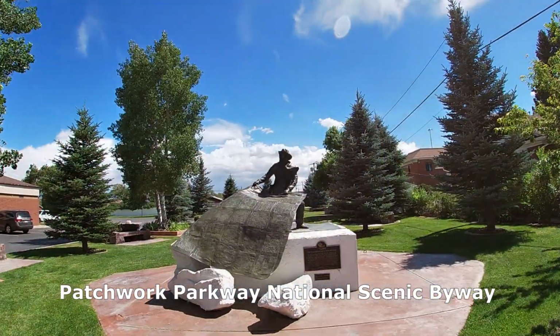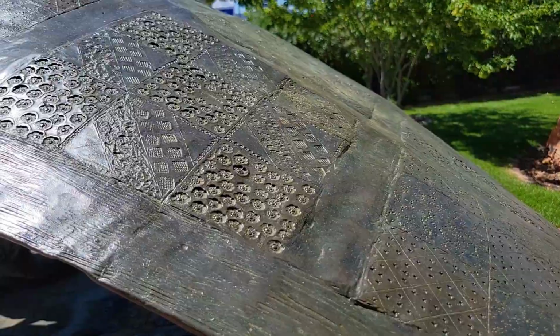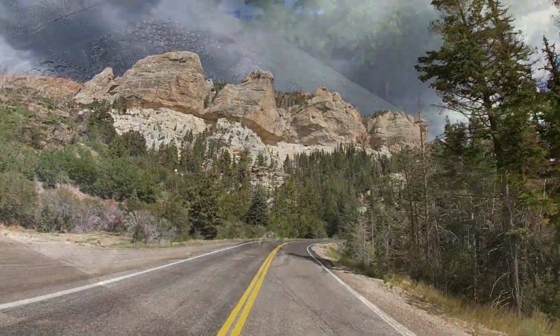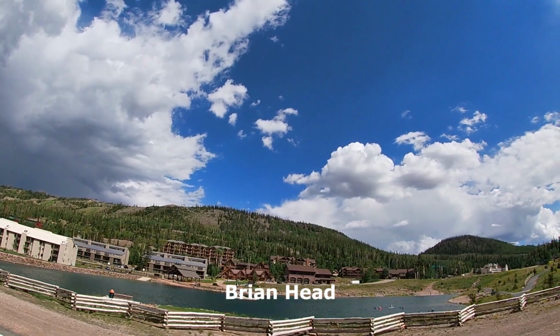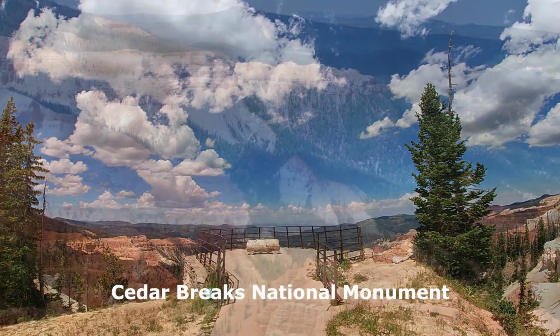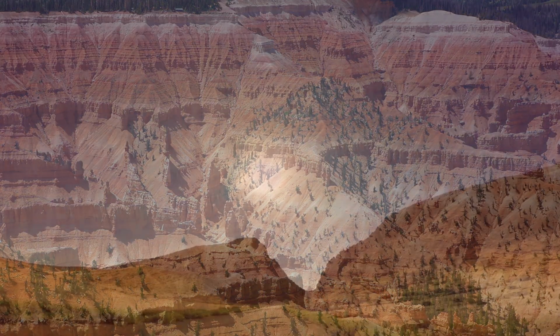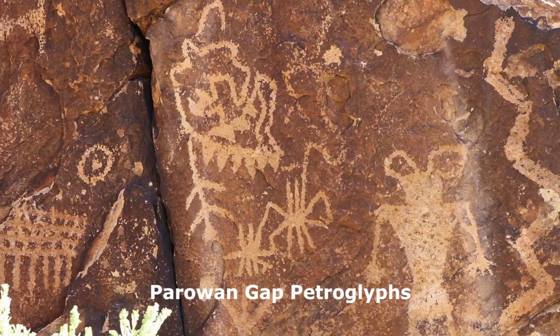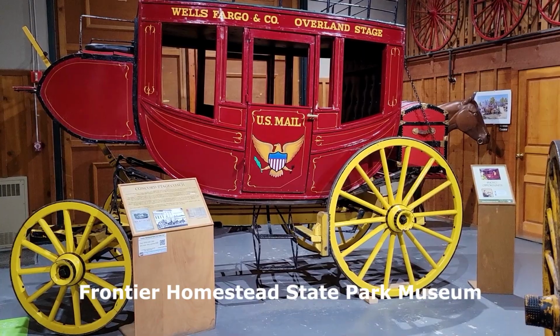A statue commemorates the harsh winter of 1864 when settlers used quilts to cross deep snow. This byway climbs 10,000 feet through Bryan Head, a ski resort and the state's highest town, and culminates at Cedar Breaks National Monument, a massive amphitheater of nature-made stone art. Some 4,000 feet below, the petroglyphs of Parowan Gap and the Frontier Homestead State Park Museum offer a glimpse into